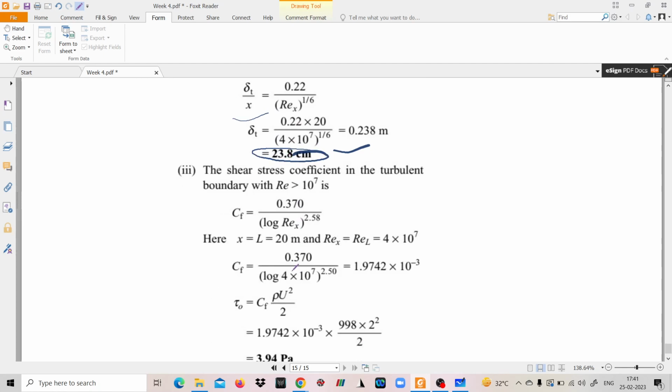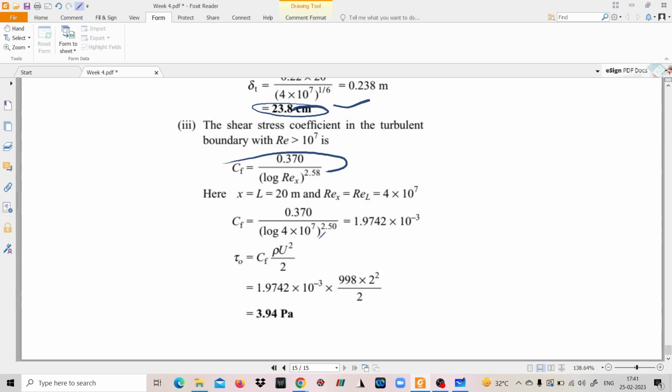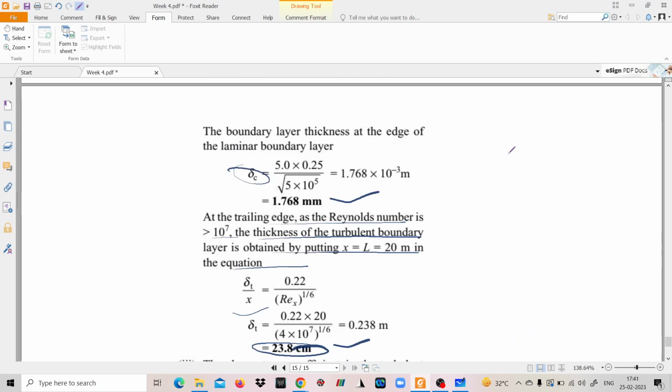And then the shear stress coefficient in the turbulent boundary layer, the skin friction coefficient. These are the formulas that you need to remember. There are lots of formulas given by different researchers, so it is better if you make a table in your notebook and write all these formulas: the formula for delta, the corresponding formula for CF, delta L, delta T, all this, and you practice the problems. That is the only way. You practice more and more problems,